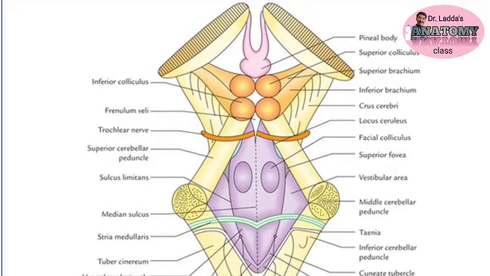Now this is the anterior aspect of the brainstem. We are talking now about the posterior aspect. This structure is the fourth ventricle, and this portion is the floor of the fourth ventricle. The floor of the fourth ventricle looks like this, and this is the brainstem. The major part of the floor of the fourth ventricle is concerned with the pons, and the partial lower part is concerned with the medulla oblongata. And we know the pons is related to the 5th, 6th, 7th and 8th cranial nerves.